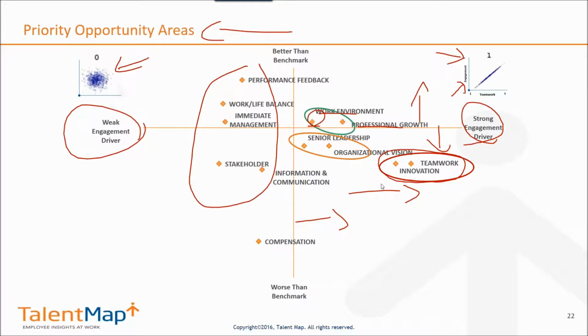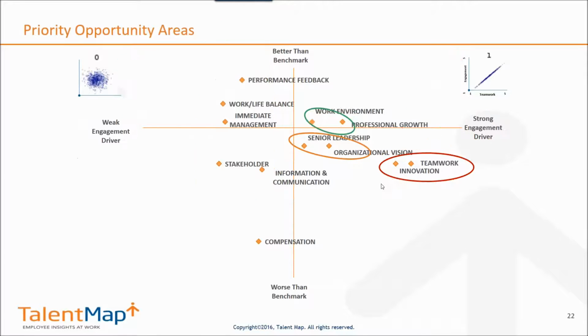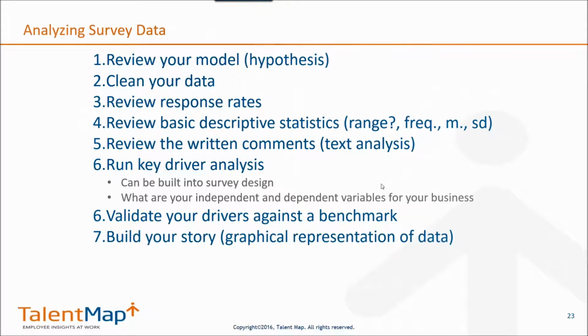So that's the way to analyze the data based on your variables, all using engagement as the area you're trying to predict. You can use other dependent variables like turnover or leadership. So there are other ways to do it, but we're focusing on engagement. Whenever we do that, basically we make sure that you have a good model, and that model is driven by your business outcomes. And we work with your leadership team to do that.